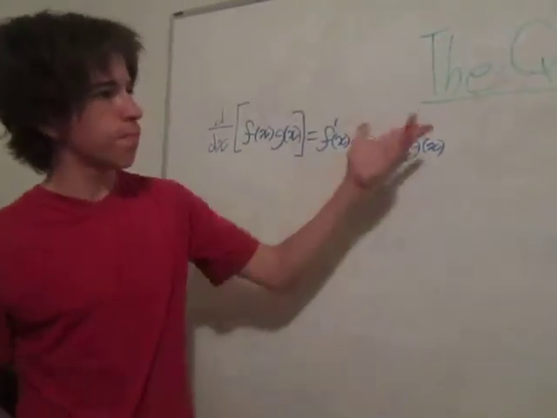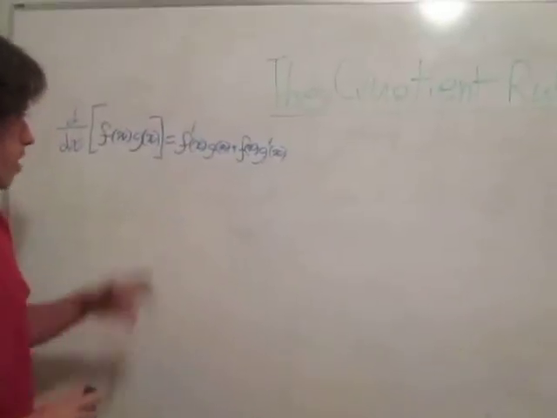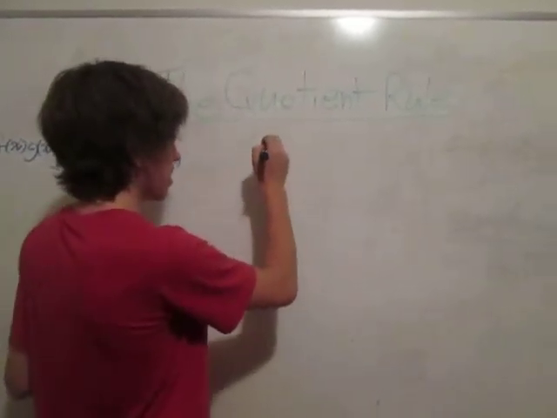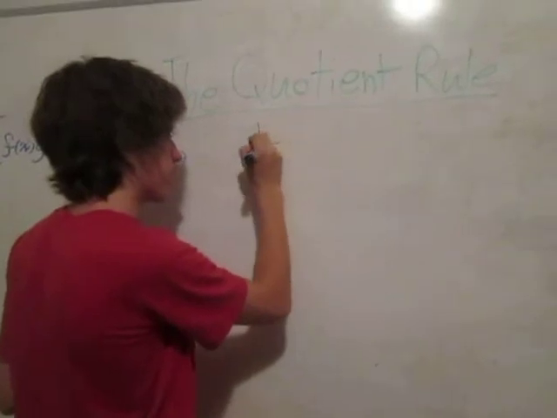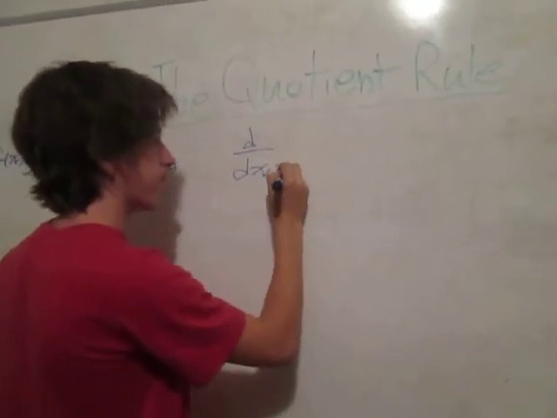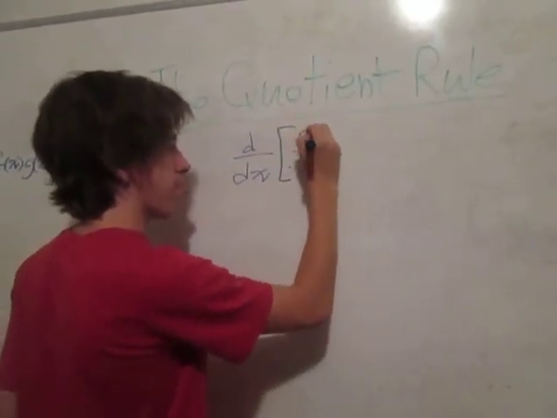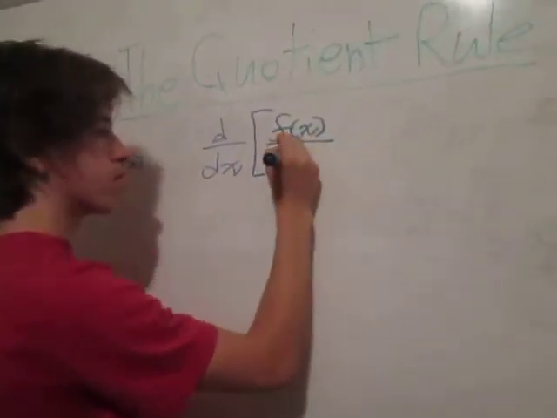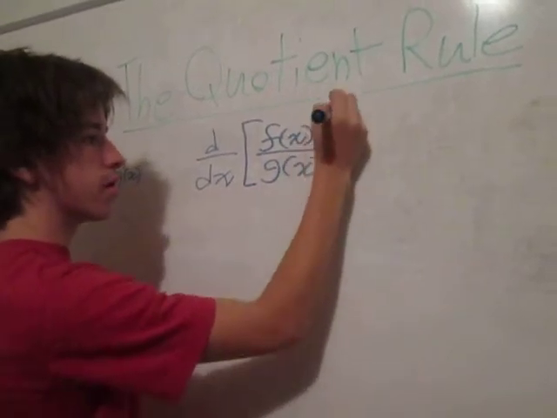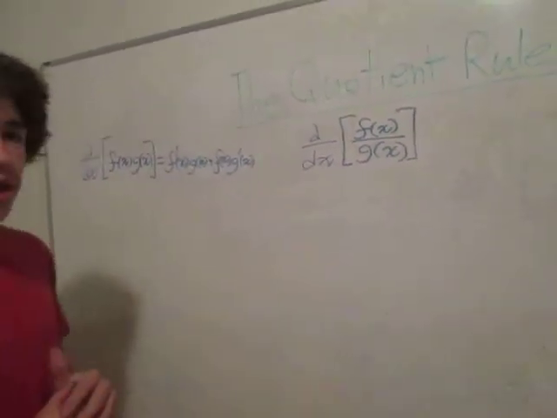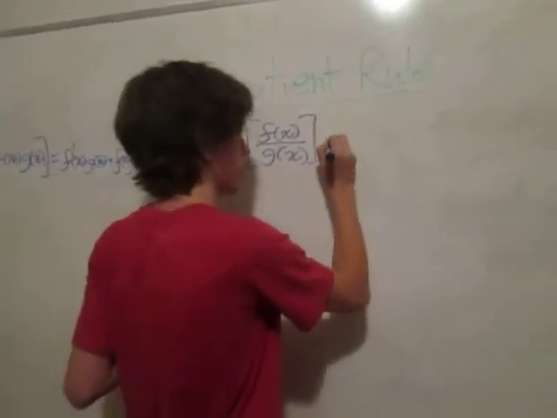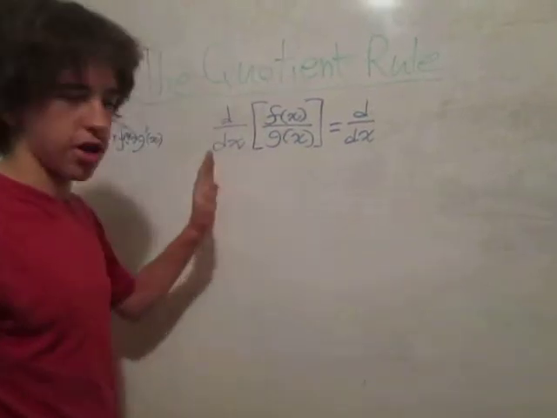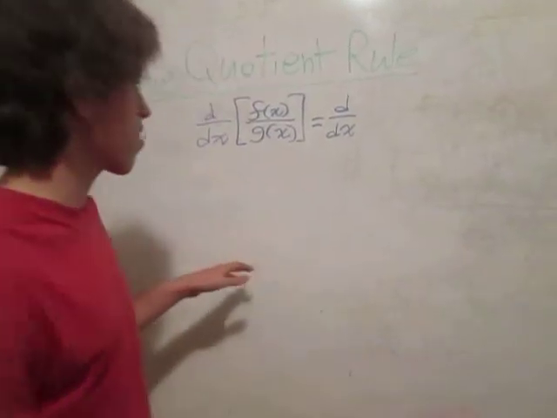Alright, so the quotient rule is made for, instead of dealing with f of x times g of x, taking the derivative of f of x over g of x. Now this is a little bit difficult at first, but we can easily simplify this to the derivative with respect to x. This is a bit of a weird notation, but it really just means finding the instantaneous rate of change